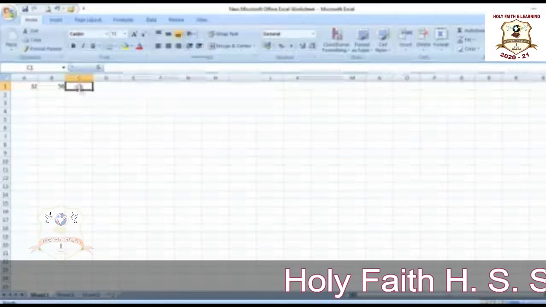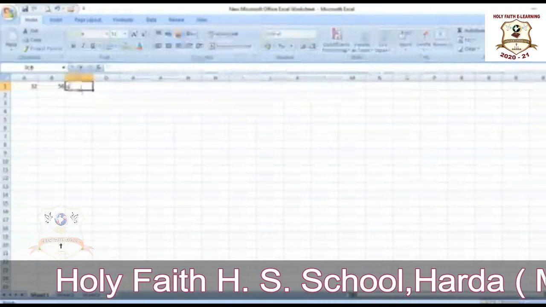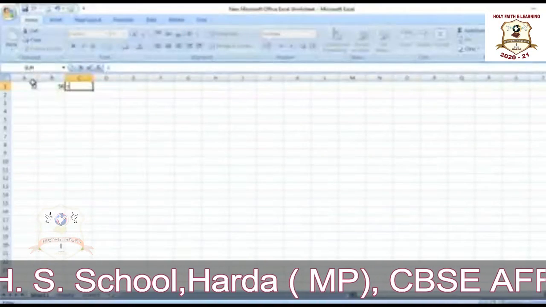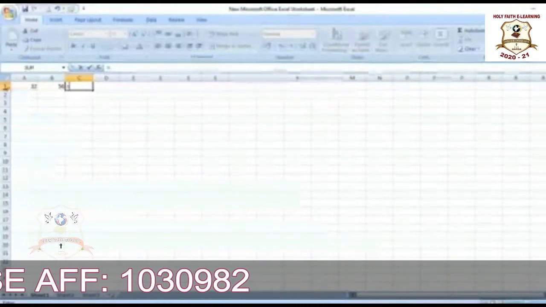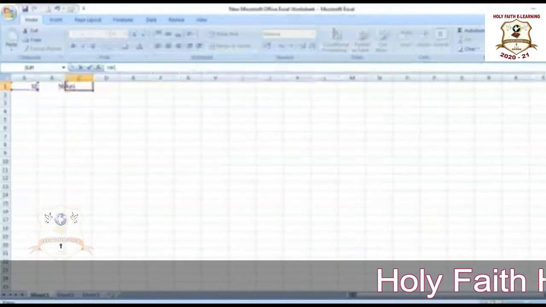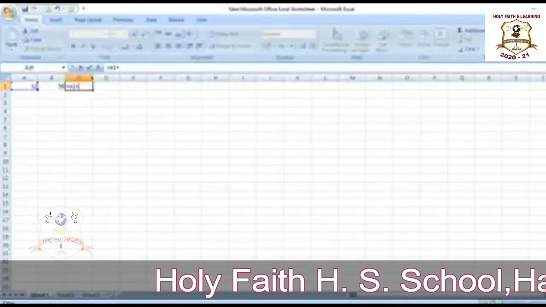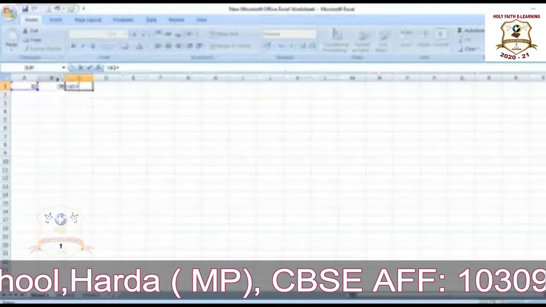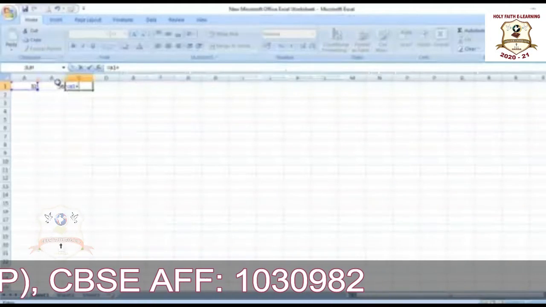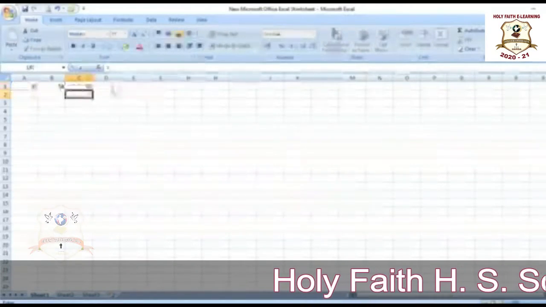As we had already discussed, in Excel every formula begins with an equal sign. So put the equal sign, then the column is A for the first value and the row is first, and the row is the same for both the columns. So A1, plus B. The next value is in column B, so the formula will be B1 because the row is the same. Then press the enter button to get the result.